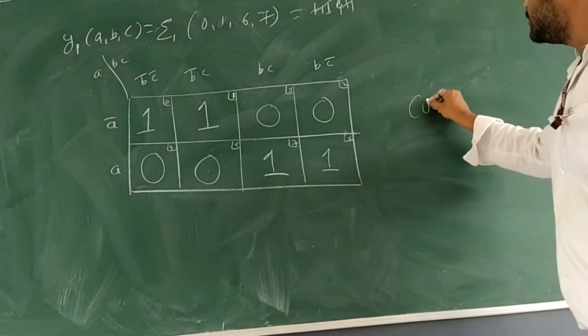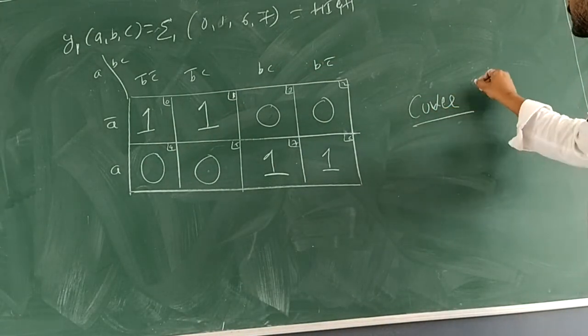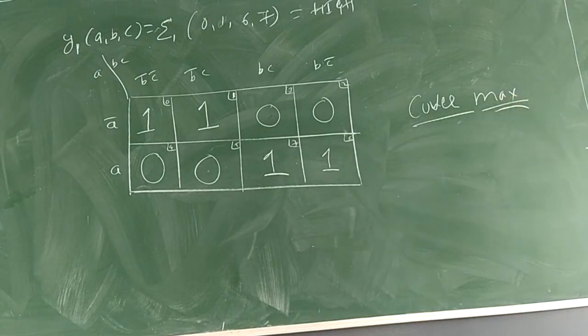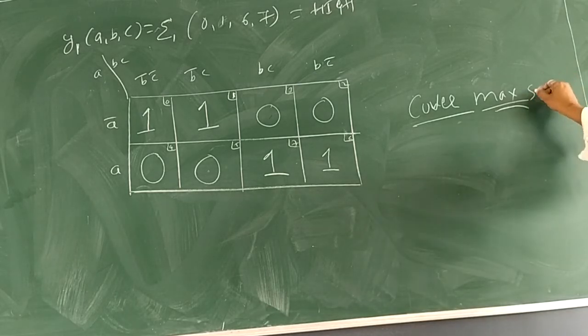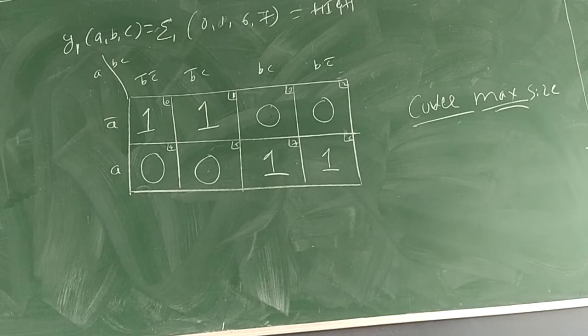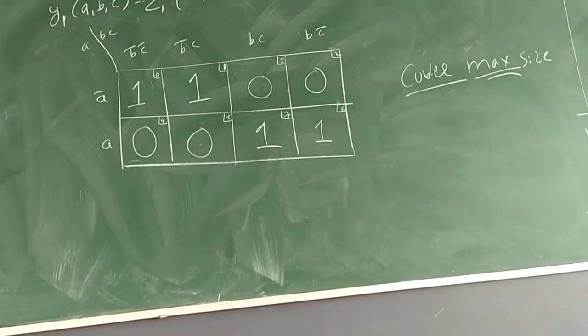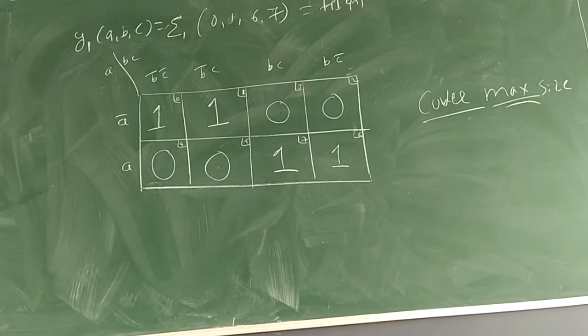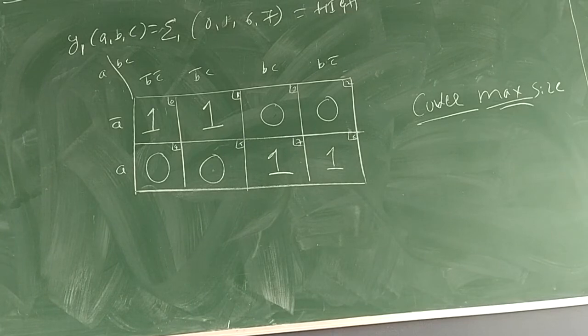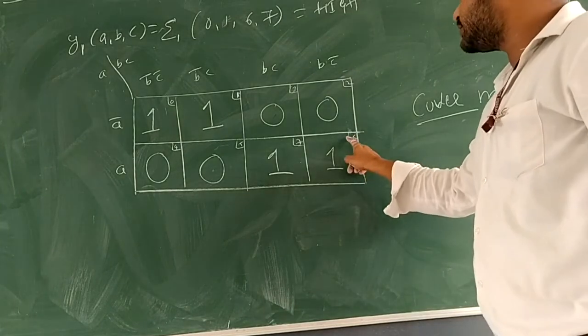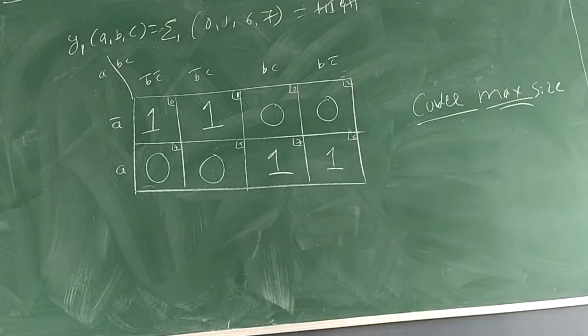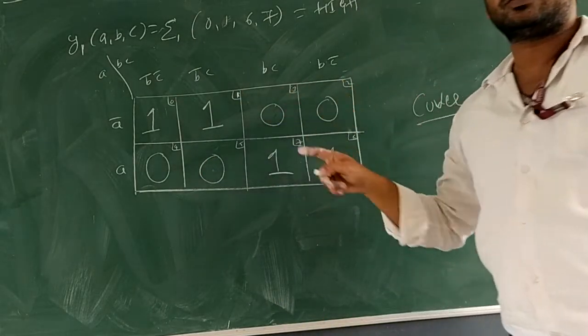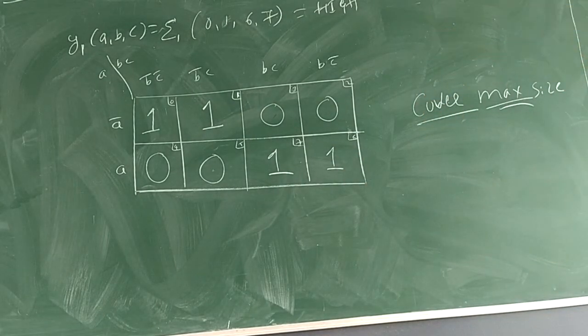Okay. Now the work is to find out cover of maximum size. Cover of maximum size. So here cover meaning we have to select ones, such that we are going to select ones which are present in the cells. Okay, don't select these small values, those are identification numbers. Now we have to select big font values which are either 1 or 0.